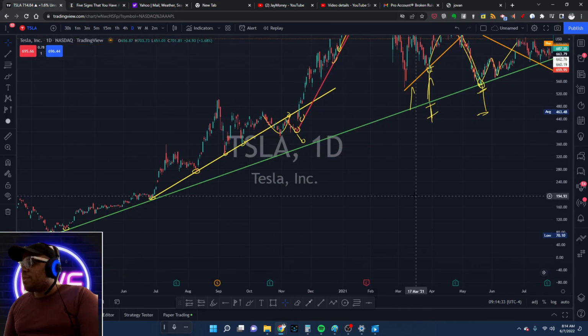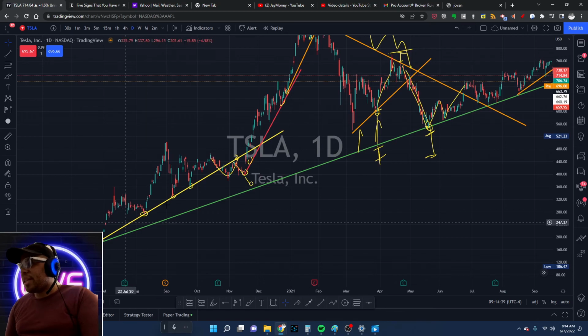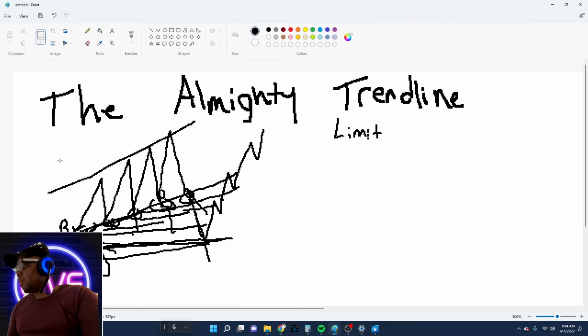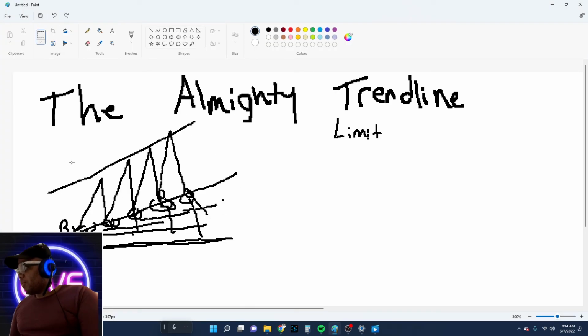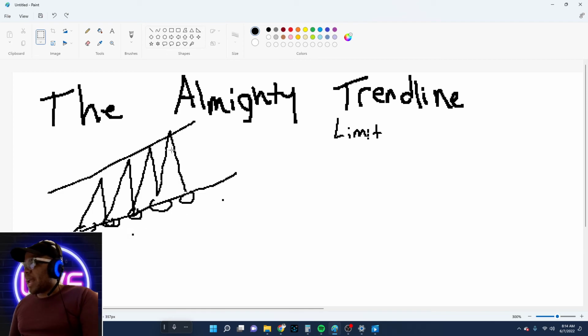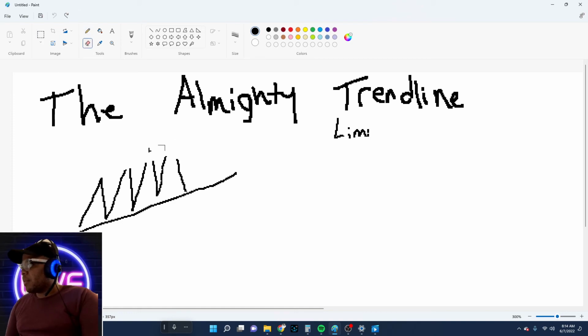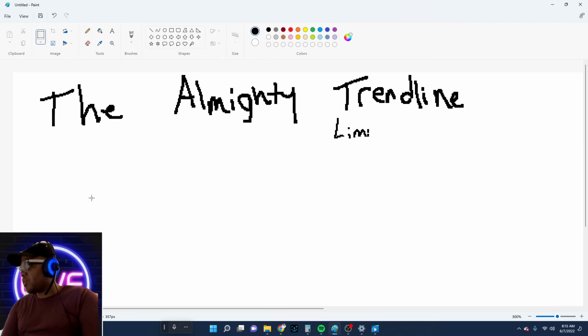Most of my trades, my home run trades, have been when a trend line has not been respected. So I draw a trend line like this. Let's go back to paint. So my home run trades, really big trades, have come from when I think I know what's going to happen and I'm wrong, but I realize that I'm wrong quickly and I'm able to correct myself and get in the trend that's unfolding.